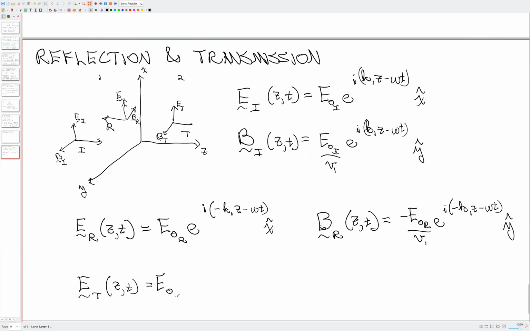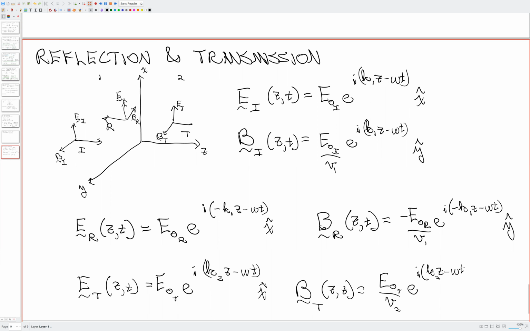So this is E0 transmitted, now e to the i, K2 in medium 2, Z minus omega T. Still polarized in the x hat direction, and the B transmitted, ZT. Again, it's a similar construction here, except that we are now in medium 2. So this is 1 over V2, e to the i, K2 Z minus omega T, y hat. Okay, so this is, if you want, my ansatz for the